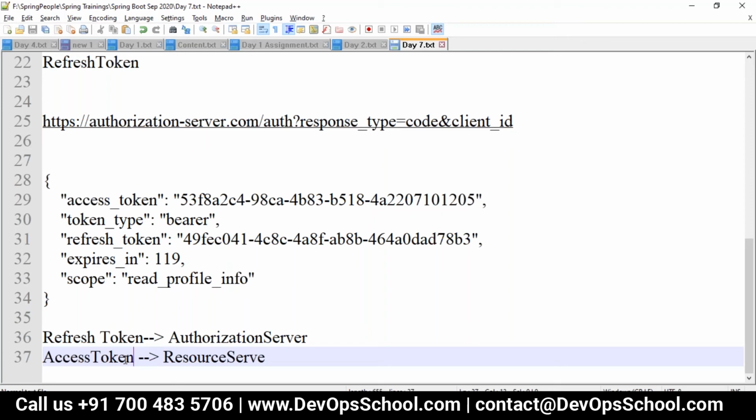To get a better idea, say you have a building with 80 doors or 70 doors, and all doors open with the same key. If the key changes every 30 minutes, at the end of 30 minutes I have to give the old key to the key maker and get a new key, correct? But within 30 minutes I can't open all 80 or 100 doors of the building. I can't complete my job. So in that case we go with the refresh token.